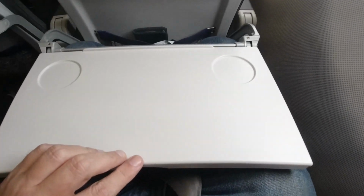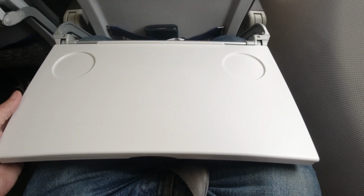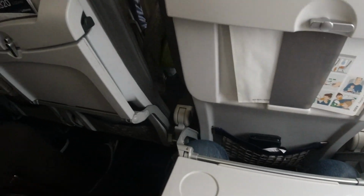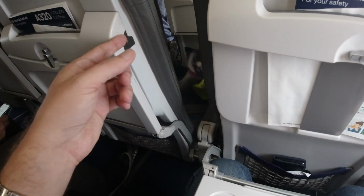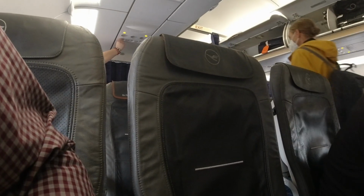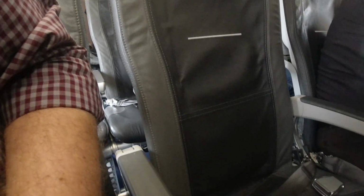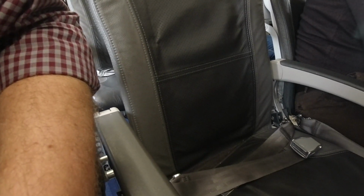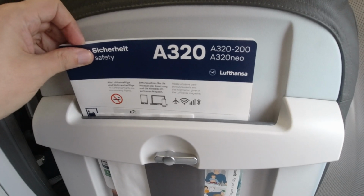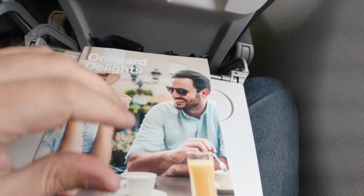A table, no shocks there. A coat hook, but no in-seat power and no in-flight Wi-Fi. No goodies waiting for you on the spare middle seat either, although a bottle of water was handed out. Very low profile seats, which I'm sure helps achieve such good legroom without sacrificing comfort, even if there was no headrest. As had been the case on Swissair, the economy buy on board brochure was available in business class,